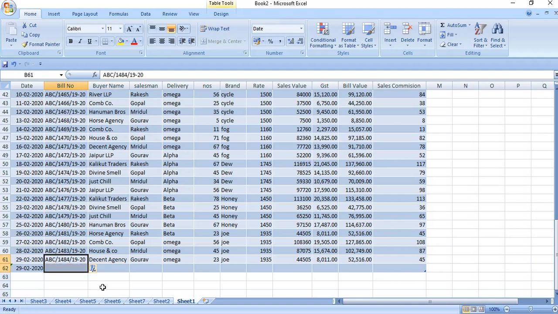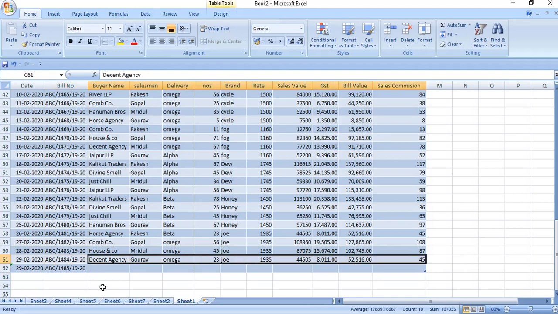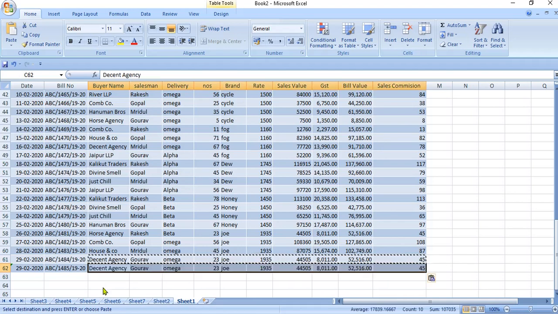Let's say we raised one more bill to Decent Agency. So bill number is 185. Copy the same data. Now move to our pivot table.